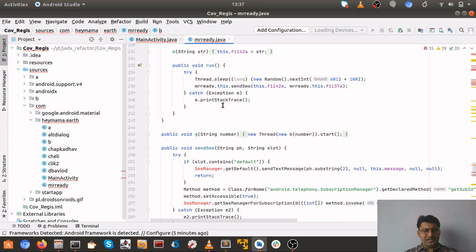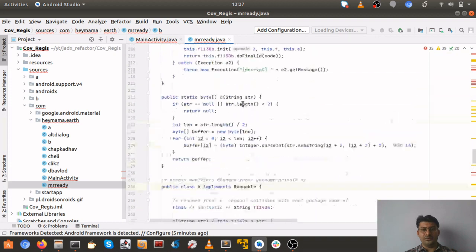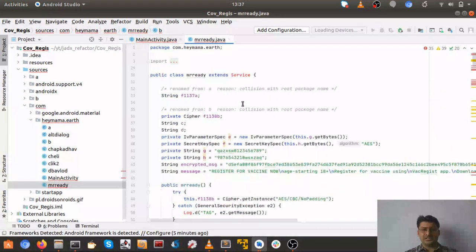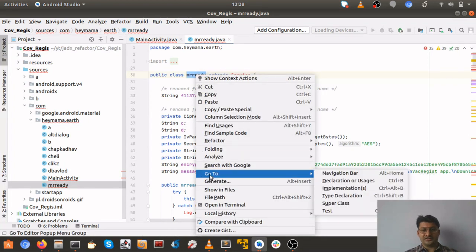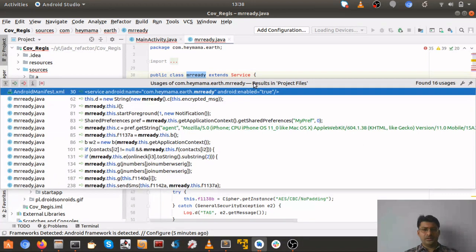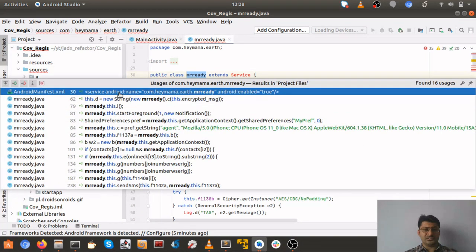Let me tell you one quick thing. This is a dead malware. This MRReady activity, let's go ahead and see where exactly this service is being initiated or called. So how this method can help us identify this is we can go here and find its usages. If we go ahead, we found 16 occurrences. As you see, it's searching for the string name.